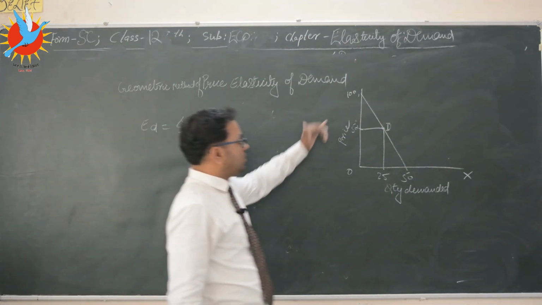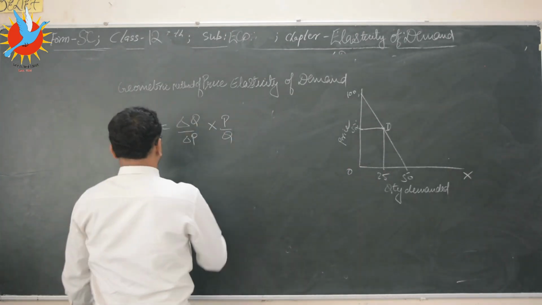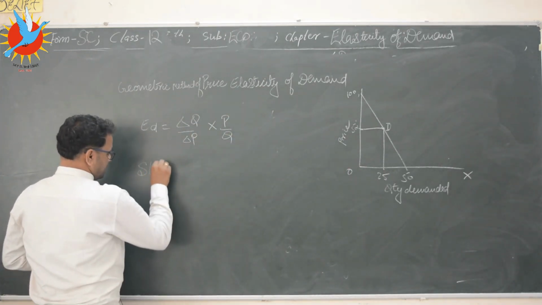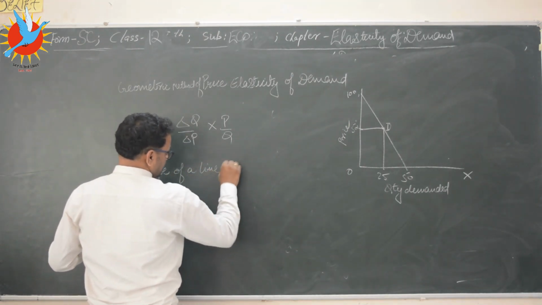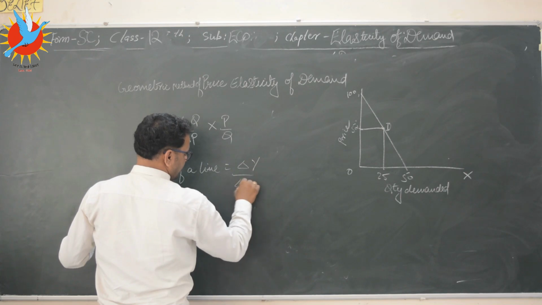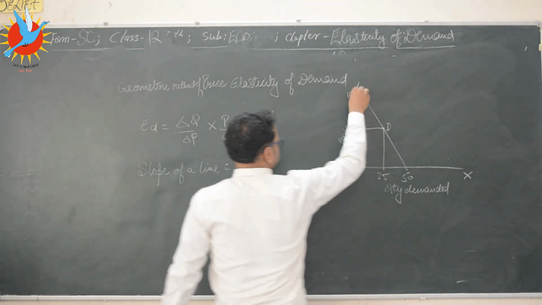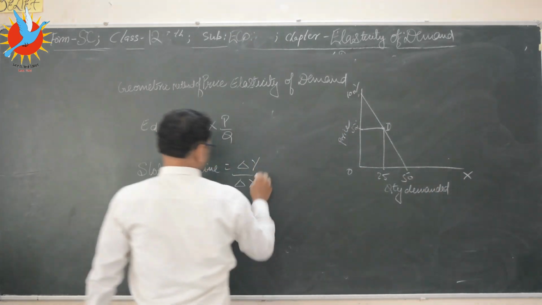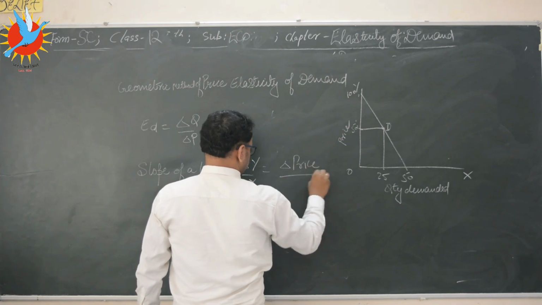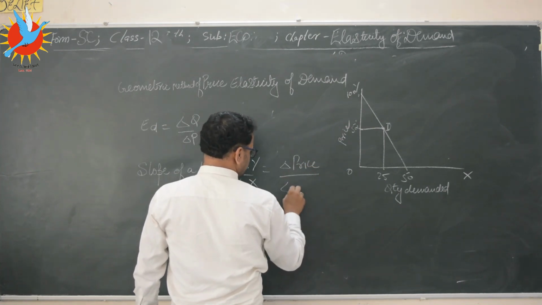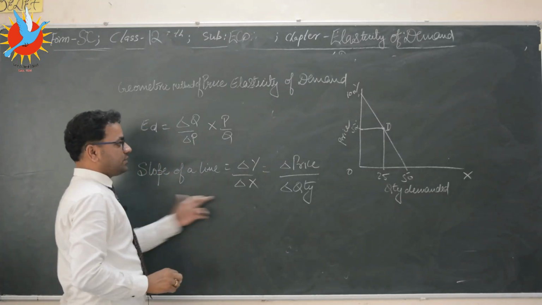Let me remind you all, slope of a curve, slope of a demand curve or any curve is measured through this fundamental, delta Y upon delta X. On this demand curve, this is Y axis and this is X axis. So delta Y is delta price and delta X is delta quantity. So slope is delta P